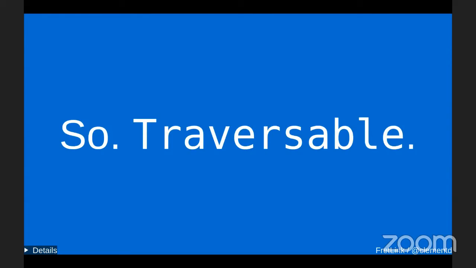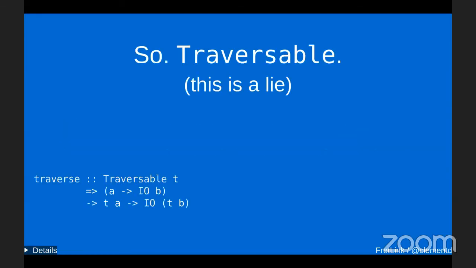What is a traversable? You can really think of it as something you can call Promise.all on, but a bit more abstract. Here is a simplified version of the type of traverse. A bit more syntax: the part before the fat arrow is called constraints on the types, and in Haskell